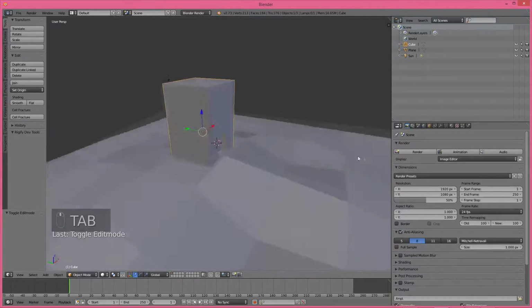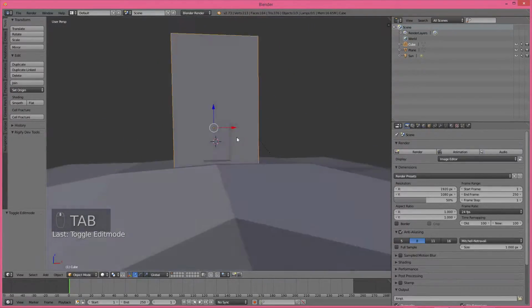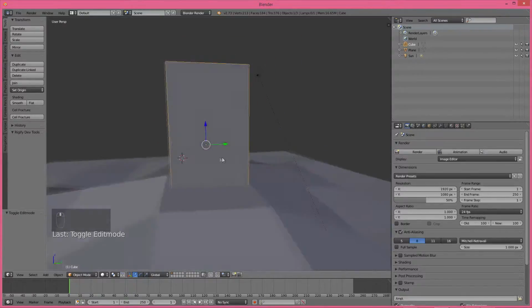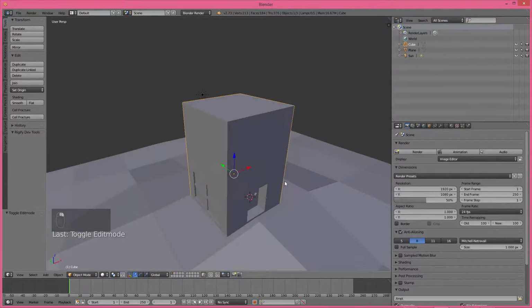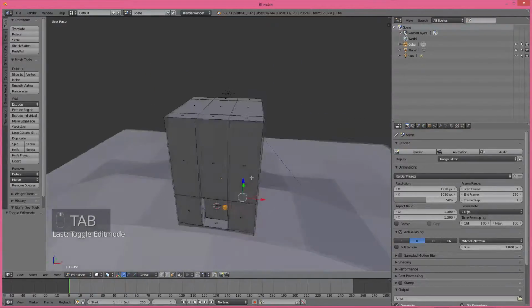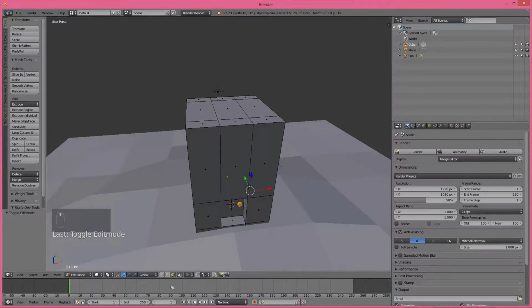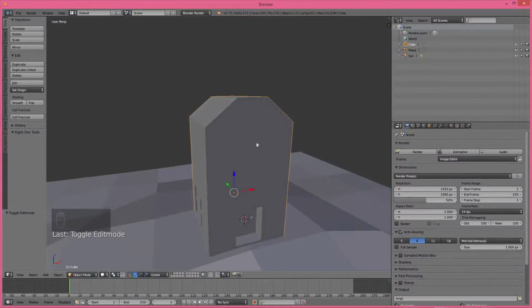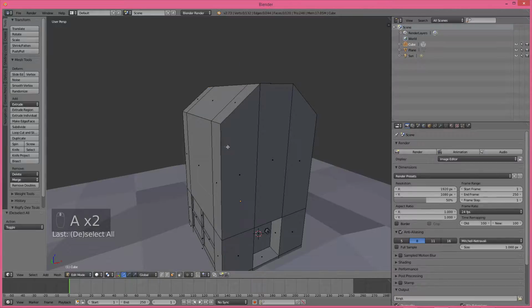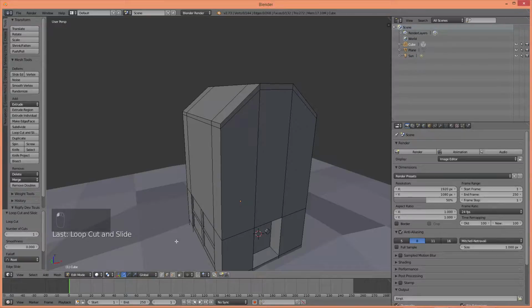Okay, so we have a simple house there, and let's try to add a roof. So let's try to add a loop cut. So Control R, press mouse 1, do that, raise it up here, and let's try to select, press edge selection